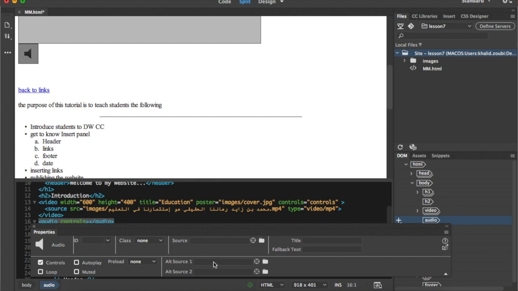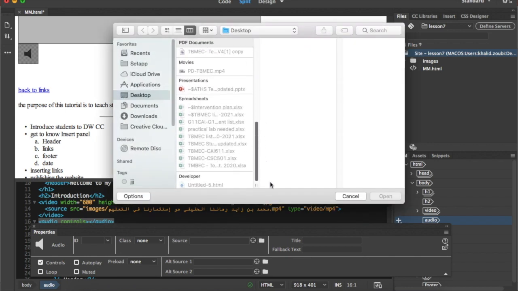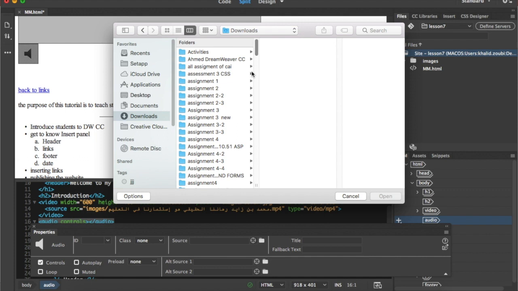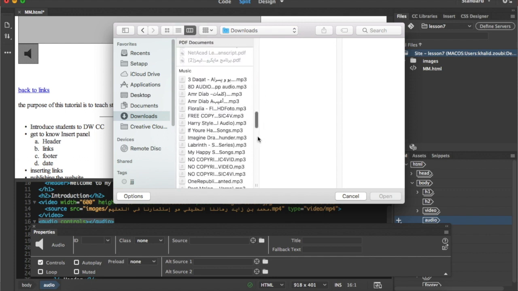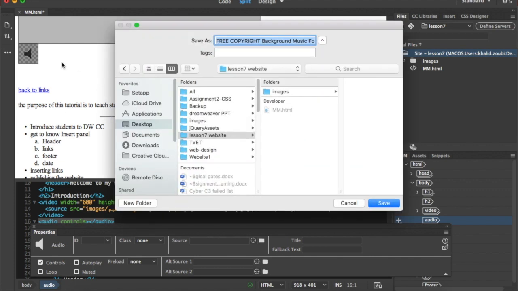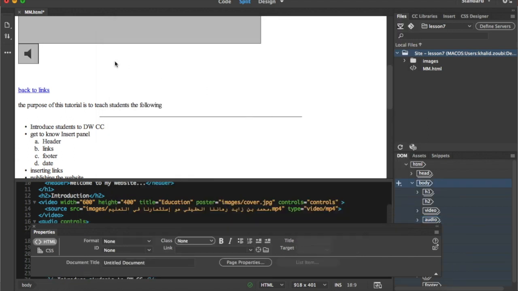So if you want, you can go to the source of the file. You can pick any music, any MP3 music or any audio file that you have on your desktop. Okay, I'll just take this song or this music, and I will insert it here. It will ask me where do you want to save it. I also want to save it into images, or you can create another folder that is called, let's say, multimedia or something. If I save